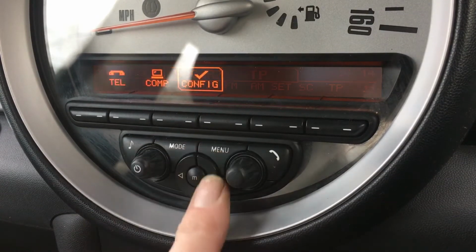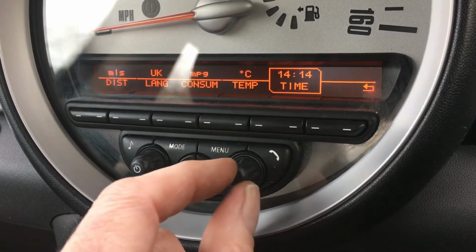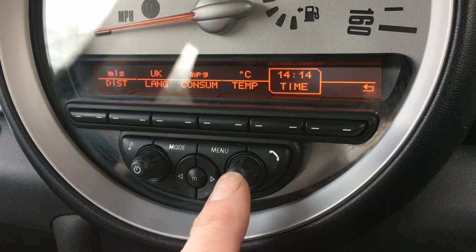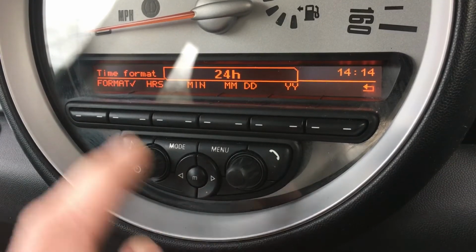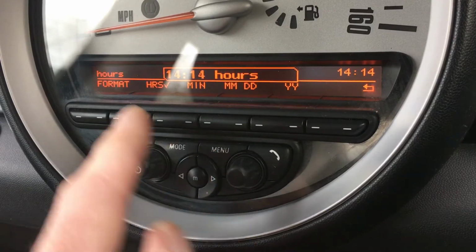So we'll start with menu. You go into config, you can dial it up on the other two. Config, time, you've got your other settings. So into time, format, we're on 24, you twist it for 12, 24, and then you're just going to work along the bottom,